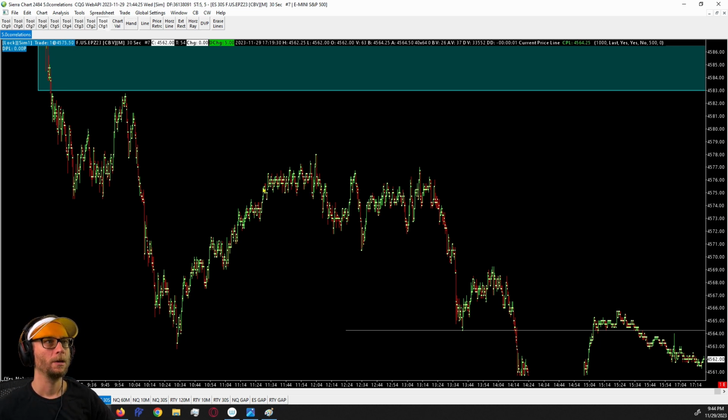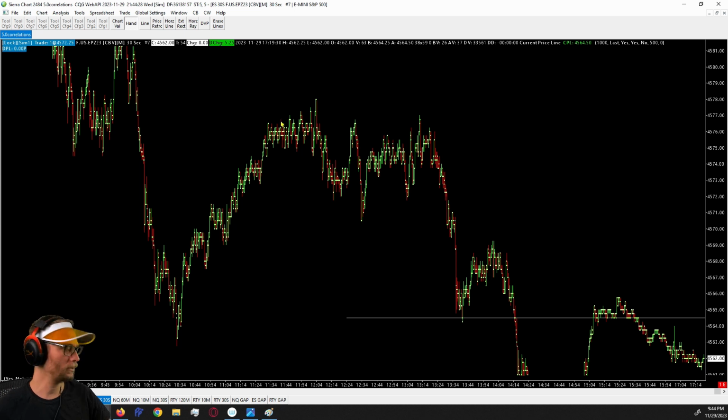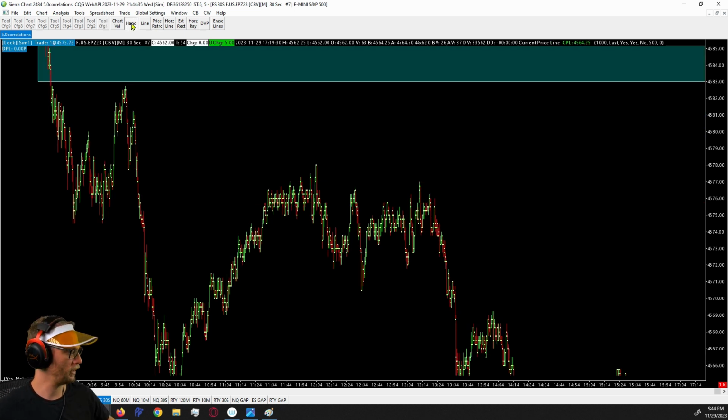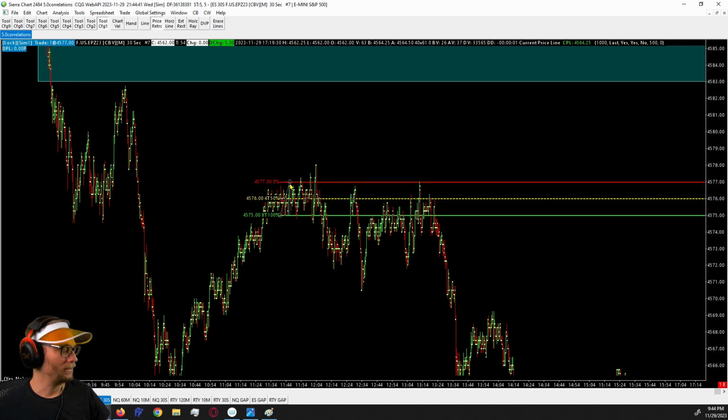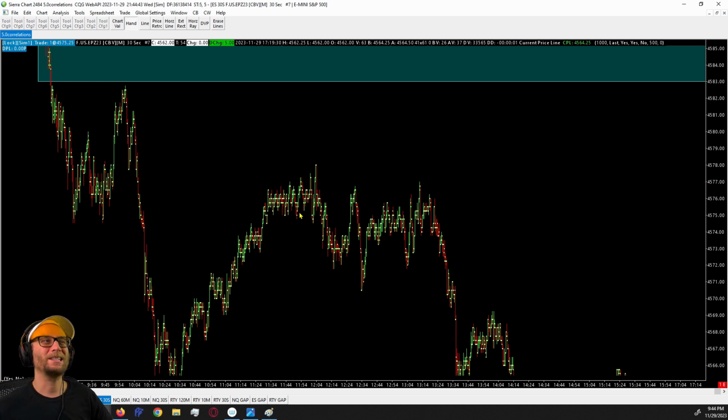Okay. So here's the thing. They finally put in a range for 40 minutes. This range is a bit tight, though. This range right here, that average rotation is only about 2 points. 6 ticks, 7, 8. Yeah, not even. This is a little tight. And I got fooled by this, as well as some other things.